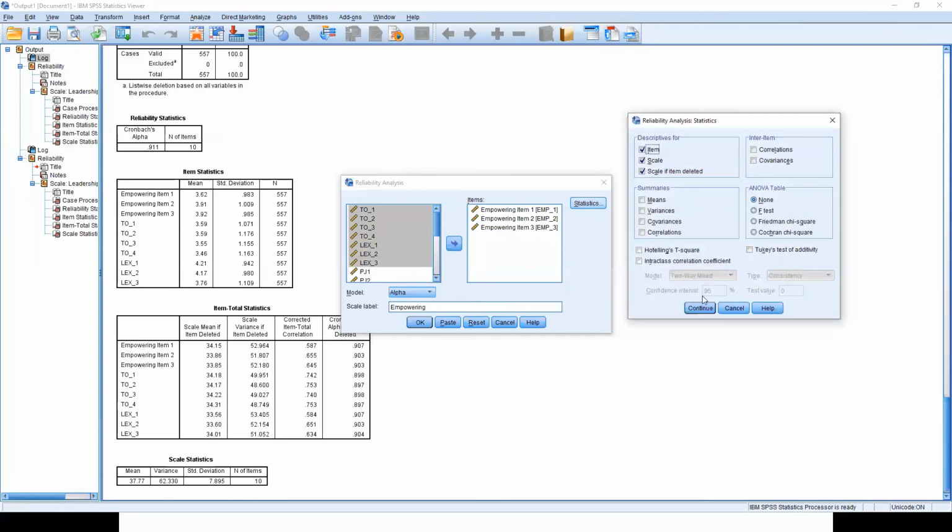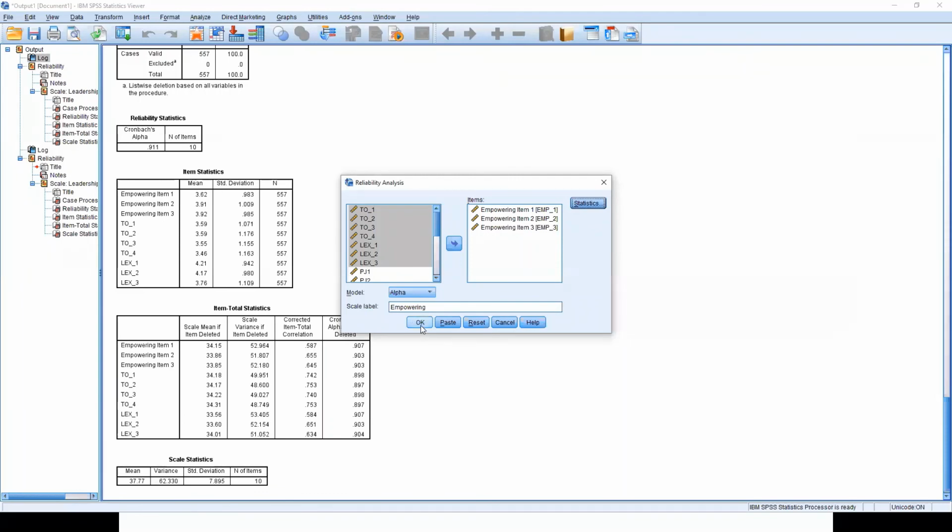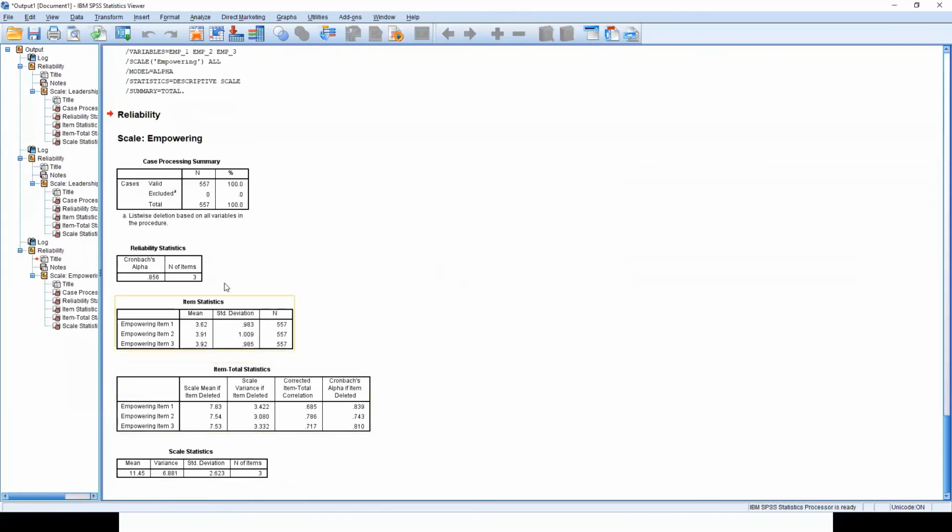I leave these as unchanged. I say OK, and I get 0.856. This is my reliability. The valid cases were 500. There were no missing cases here, right? Mean and standard deviations are these. This is the item to total correlation, right?